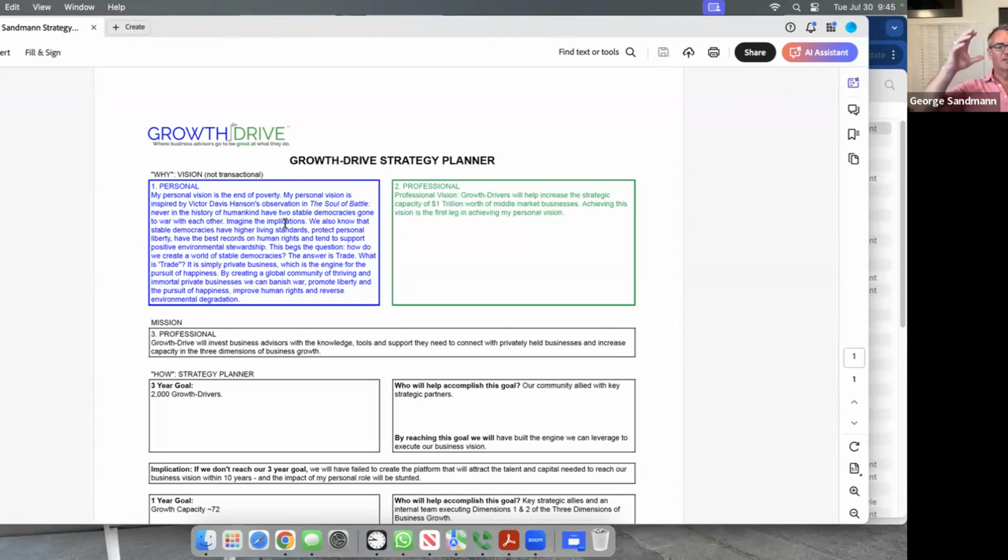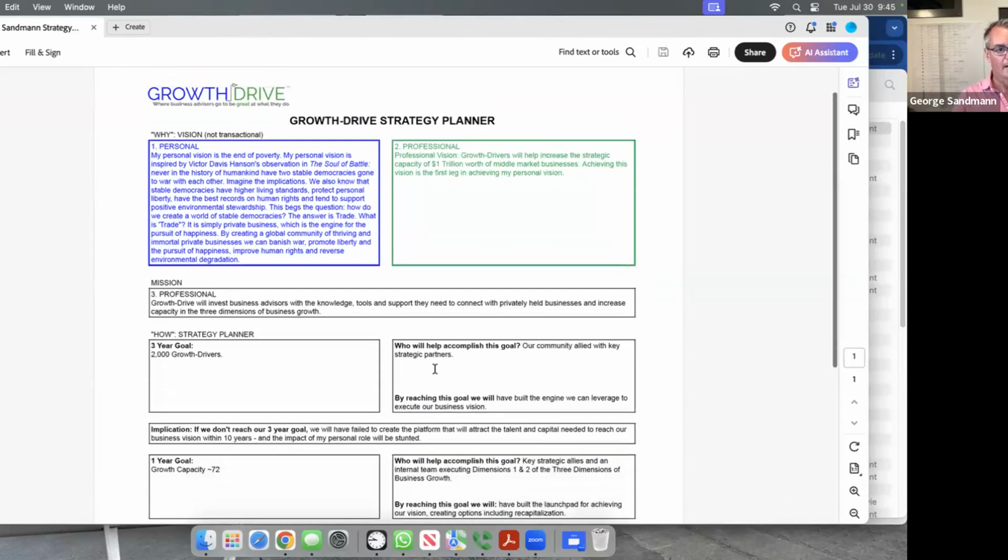I use the term vision purposefully. In a privately held business, it can inform, it may be similar to, or be completely different than our professional vision. Now we get into professional mission, and then break it down. And this is meant to drive the growth conversation. It's one page, and it's heavily imbued with the growth drive philosophy.